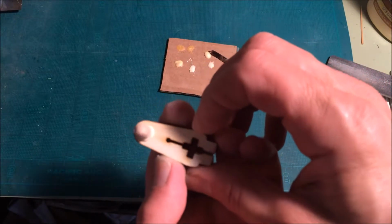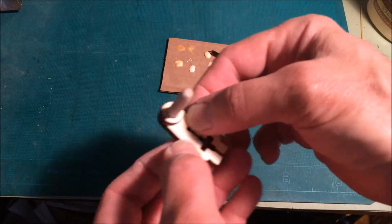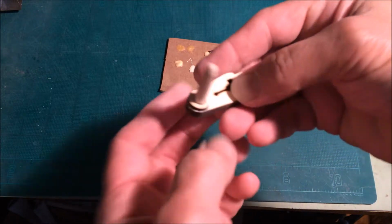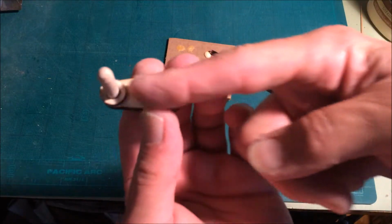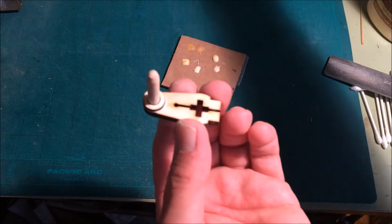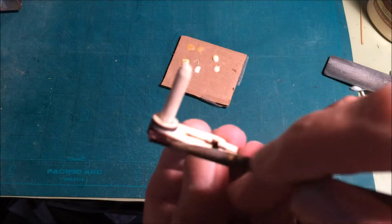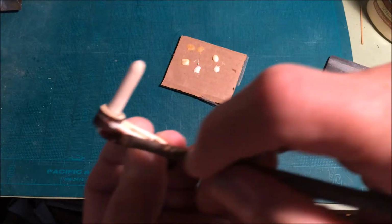And now you'll notice there's a little bit of glue that came out, and I'm going to just use that. I'm not going to apply any more glue. I'm just going to glue this washer down. The grain of this piece of wood runs this way, so if you want, you can make the grain of the washer go the other way, but it doesn't really matter. Now, a little bit of glue did gush out the sides, so I'm just going to take the brush, a little damp, just a little bit of water on the brush,